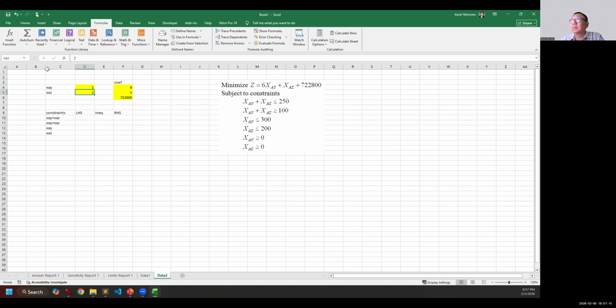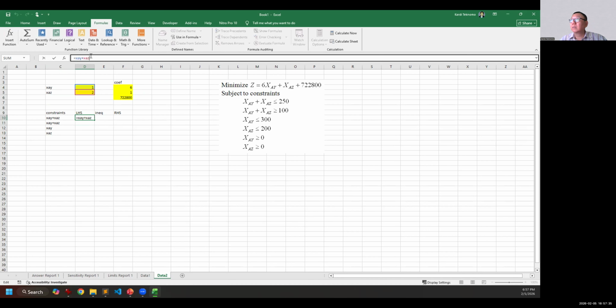Sorry, this one. What is missing? This one I need to put the left hand side as this one plus this one. Okay, this is correct.